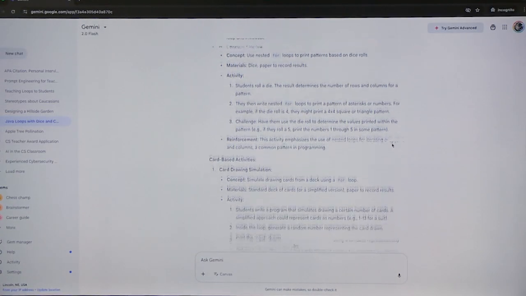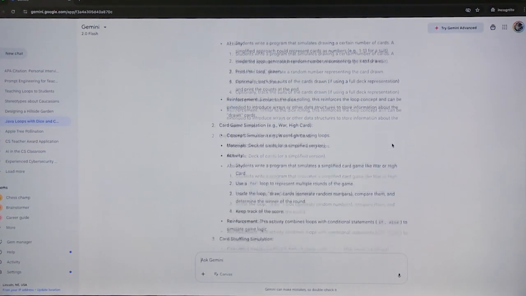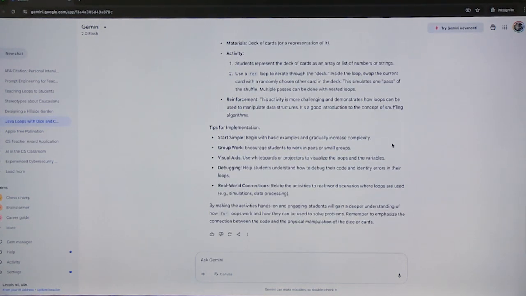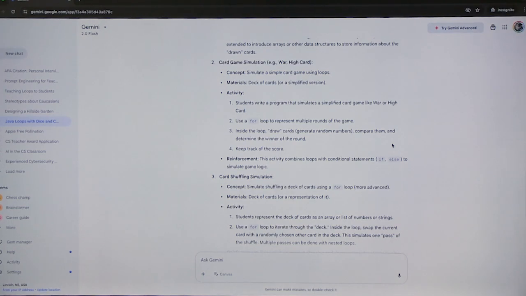Right now, my school is pushing for more engagement and hands-on activities in our curriculum. And so I couldn't find anything that I liked. So I turned to generative AI and I started asking it. I have dice and I have playing cards. And so I wanted to find a way to use loops, different kinds of loops, using those activities. So through different prompts and working with it, I was able to find multiple ideas. And then I used these ideas to work with other ideas that I had and created some activities that my